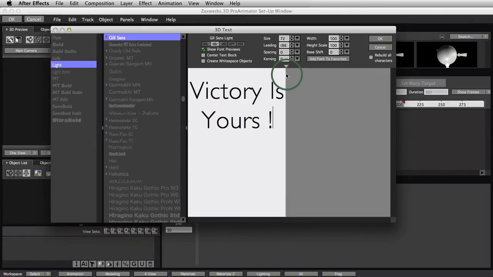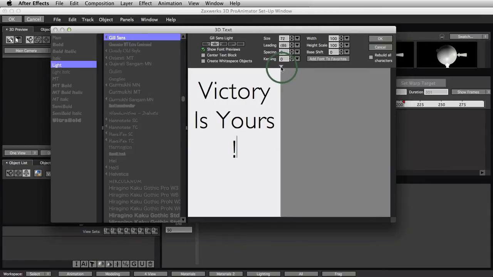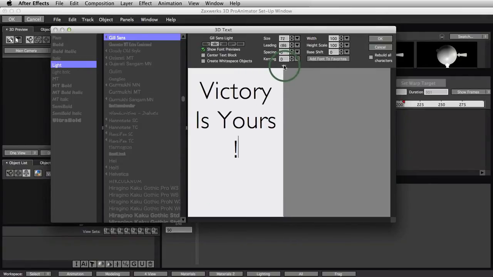Now, what we want to do is create a two-line animation where it says "Victory is yours," but I want the exclamation mark on the second line and Victory on the line by itself. So right here you see there's this tiny little place where it'll wrap properly. This is what we want to do, but this is a little dangerous. The reason why is that if you have to make a change later and you change the size of the font or you change the font itself, it's going to make it a little bit wider and it might end up wrapping and ending up like this, which causes you a little bit of work.